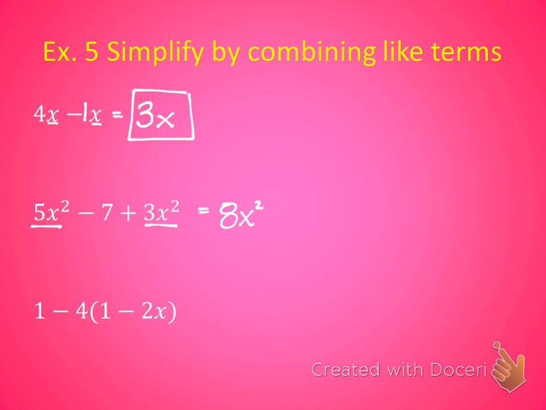She did not make that 8x to the 4th power. Whatever they have in common has to stay the same. Now, what happens to Mr. Negative 7? He just gets tacked onto the back. He's like that little brother or sister that has to tag along with you and your friends. Okay? All right, so he just gets tagged onto the back. Okay? Now, this next problem,